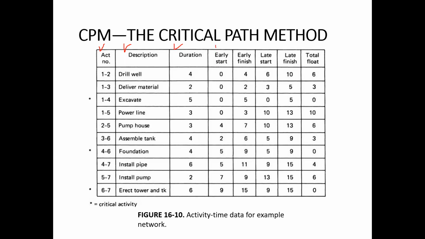So from the forward pass you can calculate the earliest start time, and the latest finish time you can also calculate from the backward pass. Those earliest event times which you calculated will give you these values. And then from the earliest start time, you can calculate the earliest finish time by simply adding 4 to that. Okay, 0 plus 4 is 4. And if you calculated the latest finish time, which was 10, then if you subtract 10 minus 4, it is 6. So this is just plus